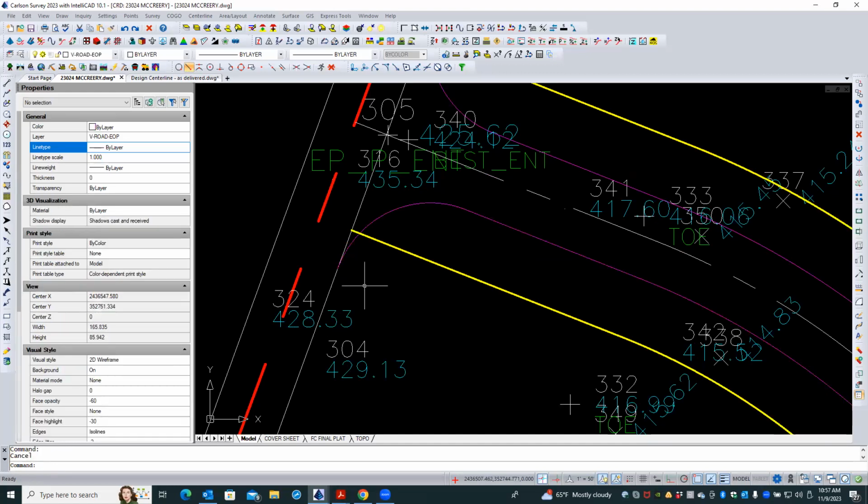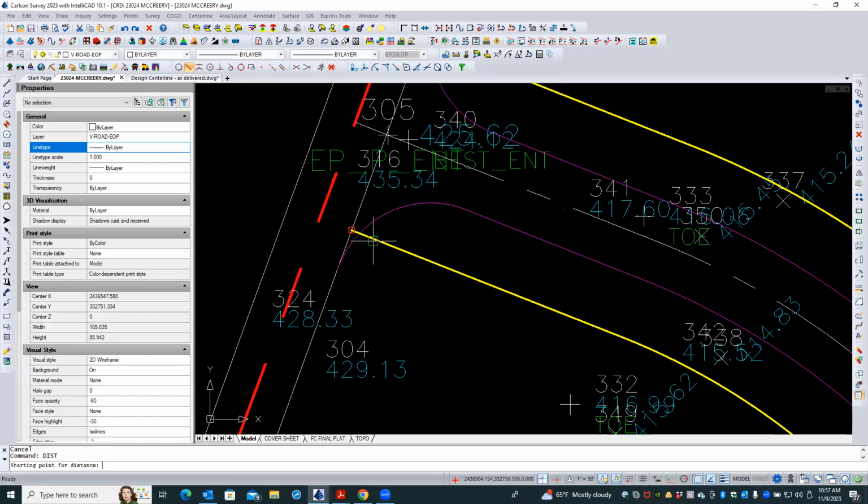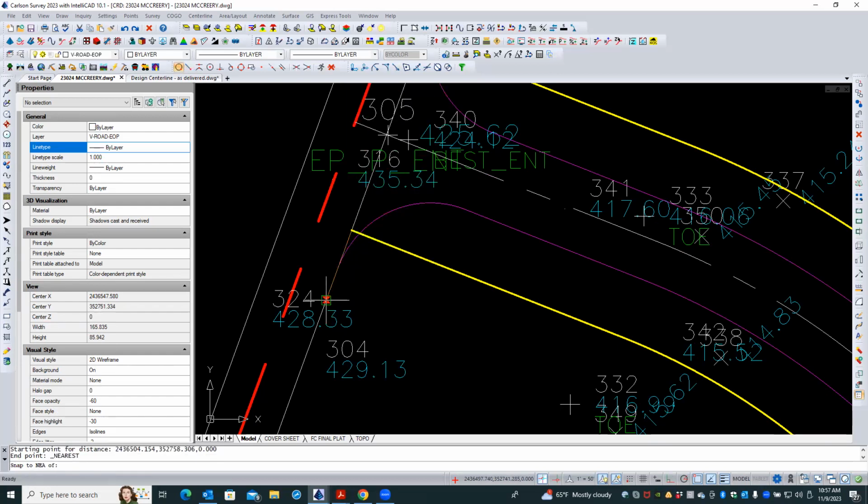Let me see what that distance is. If we go from, say, here to some point in here, that's 18 feet. So if we say 25 feet,